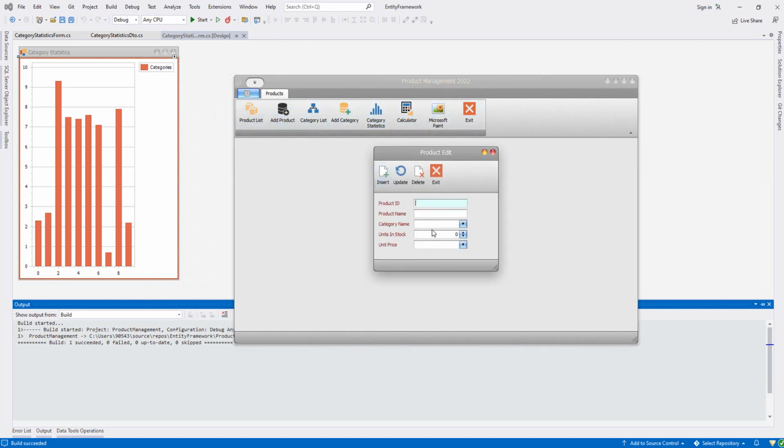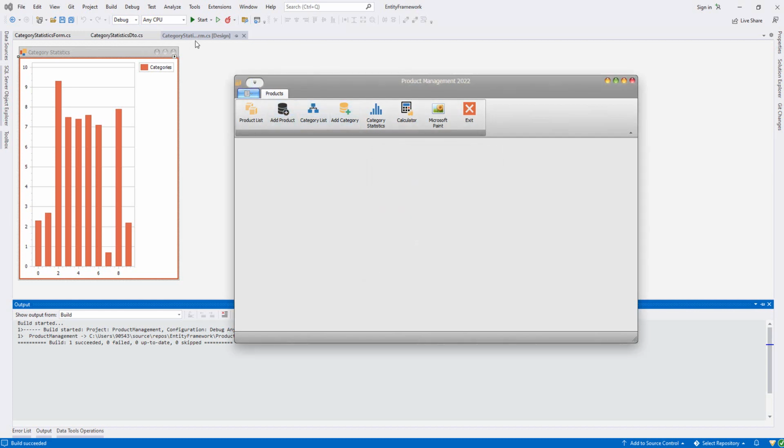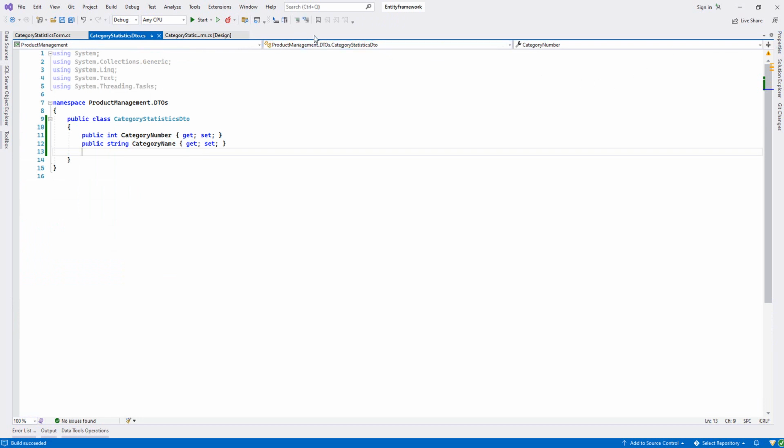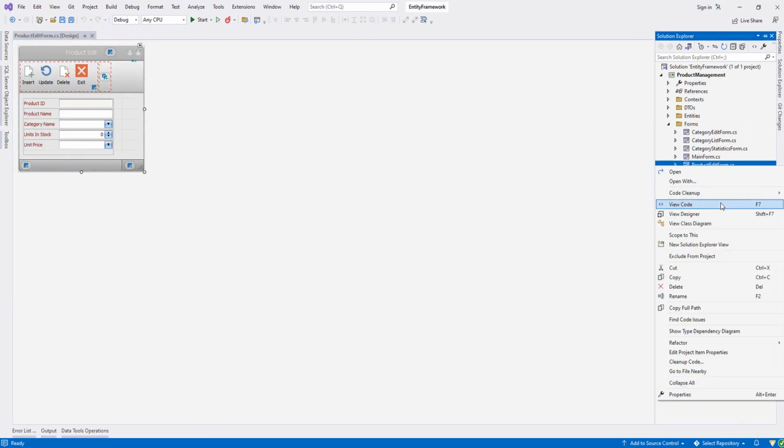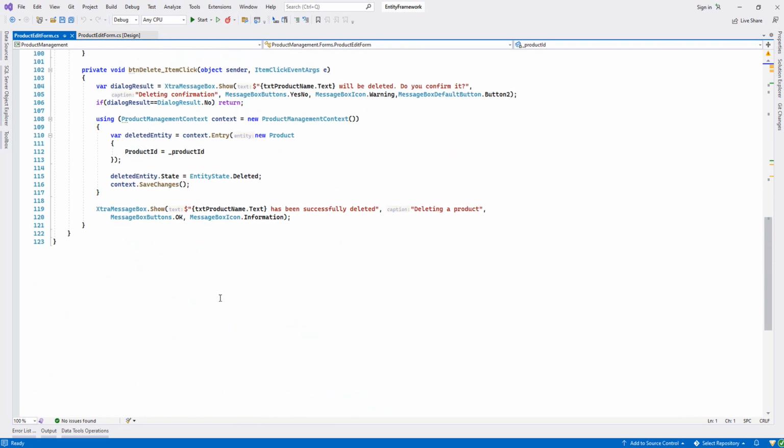And also from add, when we insert or update, delete, we could clear our text edits. We didn't do that, I think. Let's do this one also. We go to our form, product edit. We right click, view code, and we create a new method. We say private void clear components,